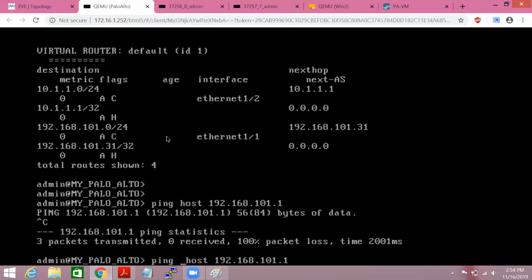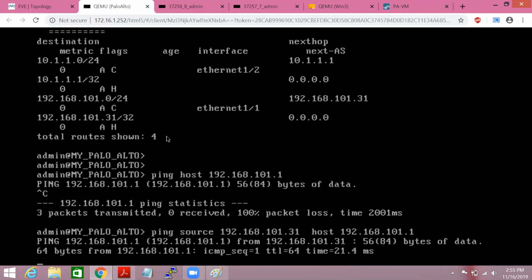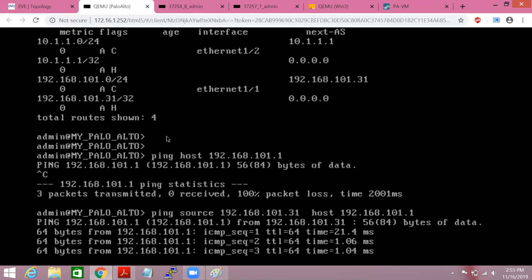So we have to add one more thing, which is source 192.168.101.31. Then only it will work. Otherwise, it always tries to send traffic towards management. You can check now it's working fine.